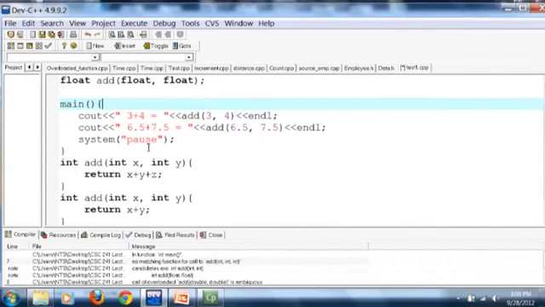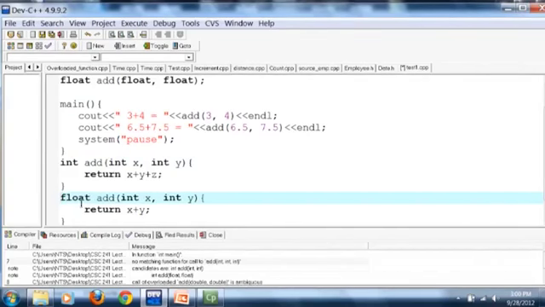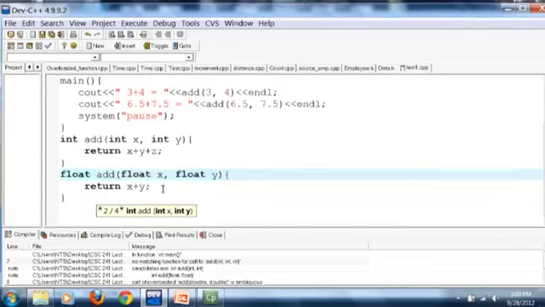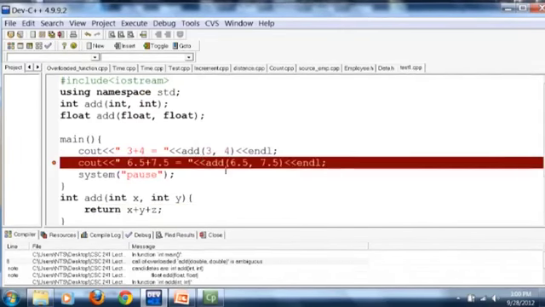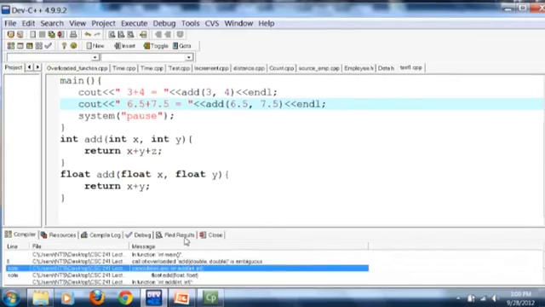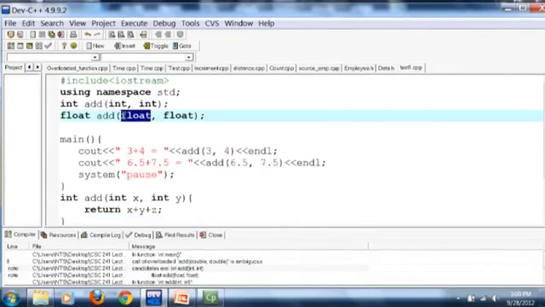So we have to provide some kind of mechanism. Either the number of parameters should be different, and if the number of parameters is the same, then the type of these parameters should be different, right? So let's make it float. Right? So okay, we can write double. So double is also a float type,